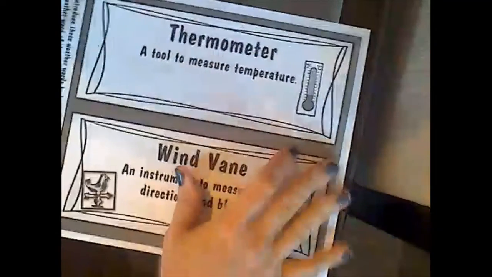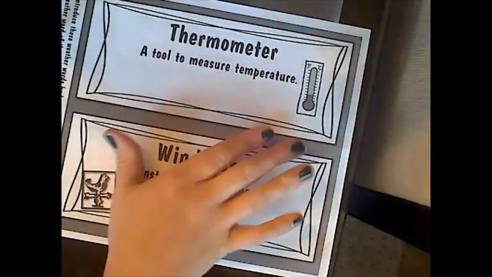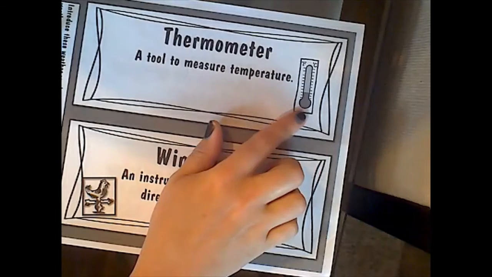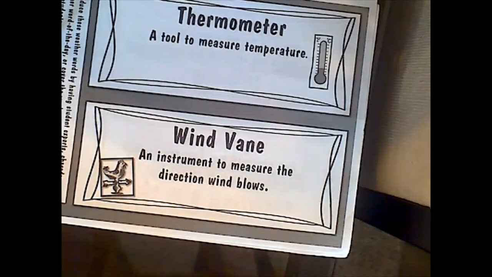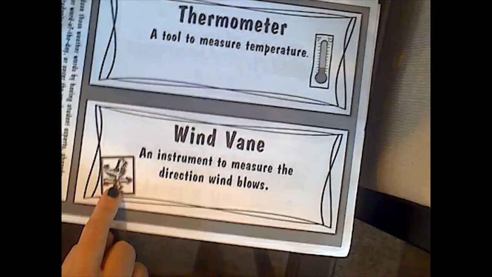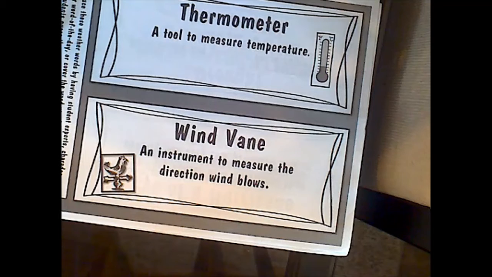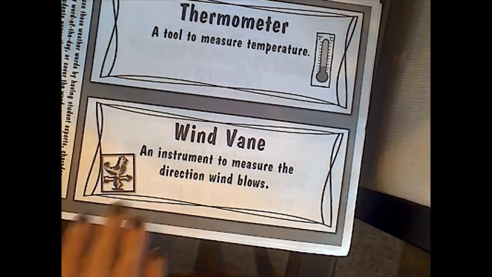thermometer. A thermometer is a tool to measure temperature. Looks just like that. A wind vane. This is an instrument that measures the direction wind blows. So if you see this little picture right here, you might see these on tops of barns or houses or garages. And when the wind blows, it makes it turn a direction so you know which direction the wind is blowing. Then we have